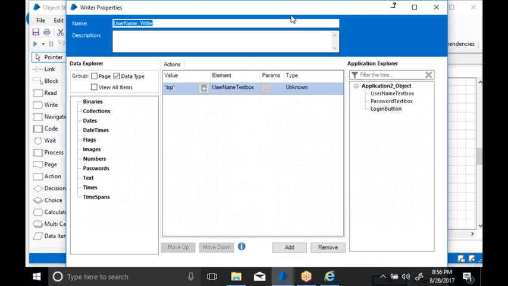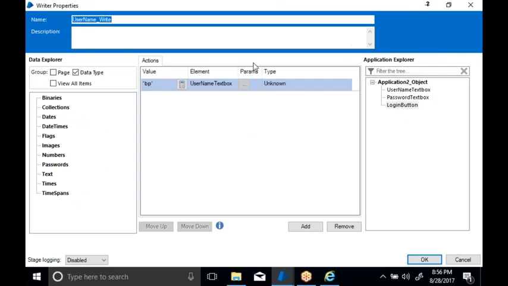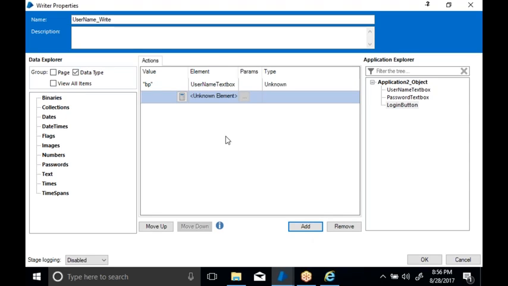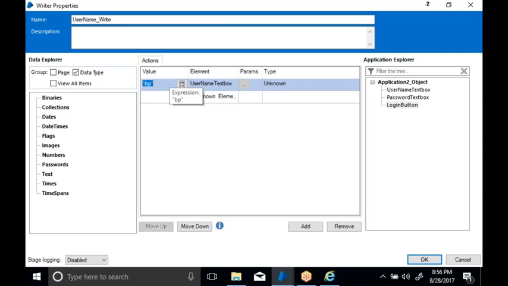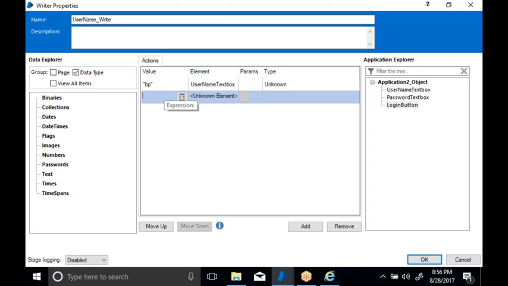If you open this, you can see one row with an option called add. If you click add, one more row gets created. Here I am writing the username, and here I will write the password. To write the password, I drag and drop the password element that we identified using the application modeler. Now what is the password? Whatever the password is, put it in double quotations. The password is BP.